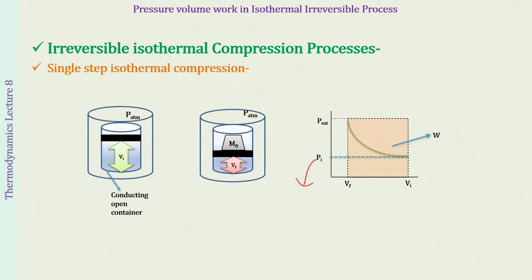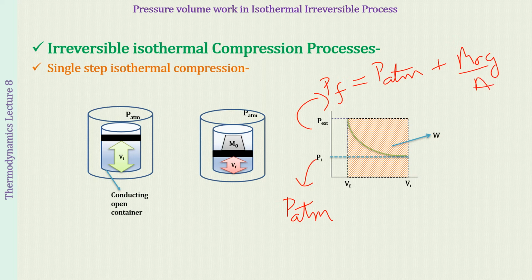So we can say Pi is going to be equal to P atmosphere, and P external that we have written over here will be the final pressure of the gas also once the process has been completed, and this is going to be equal to P atmosphere plus m naught G upon A. Clear? So we are going to increase the pressure from Pi to P final or P external at this condition, and then all of a sudden the pressure has increased. So we will be seeing a compression of the gas taking place from Vf to Vi.